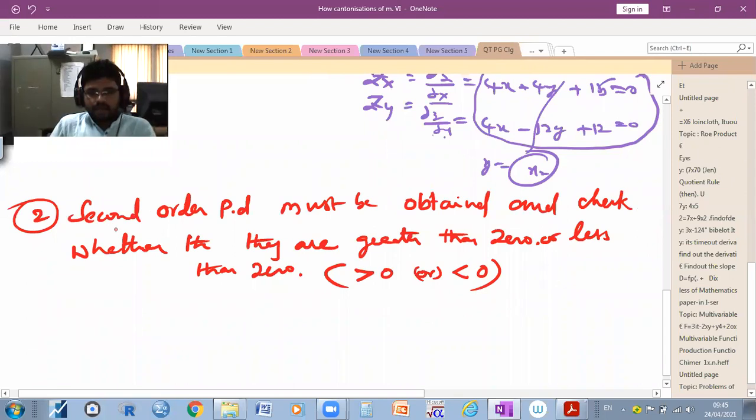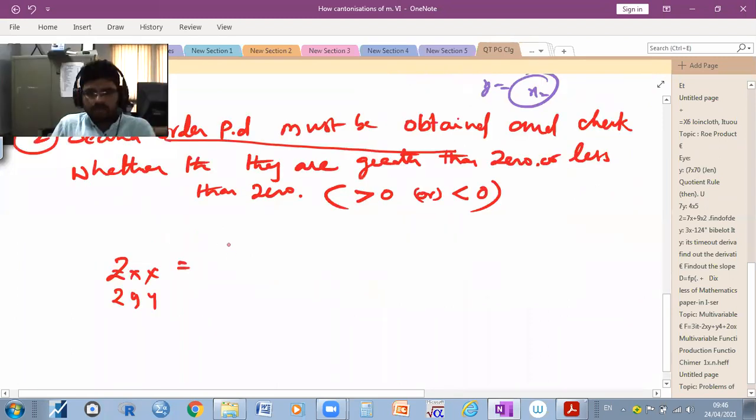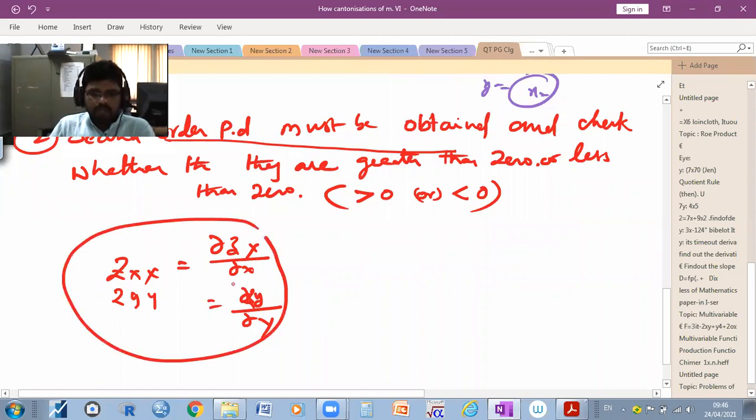Here in the second condition, we say the second order partial derivative must be obtained, nothing but what we learned last day in the second order. That is zxx, zyy. So zxx means dou z by dou x, zyy is dou zy by dou y. Right? After getting this second order, we need to check